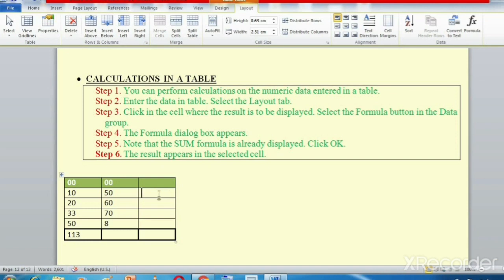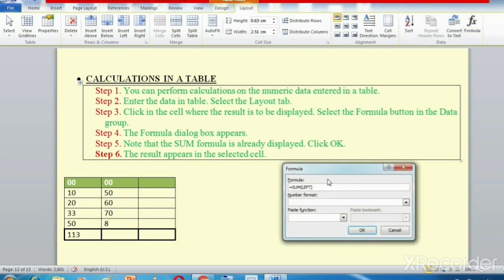Again, I will first go to the Layout tab, and then I will click on the cell where I want the result to be displayed. Then I'll go to this formula button. Now see, the formula has changed. It has written equal to sum, and in the bracket it is written LEFT.